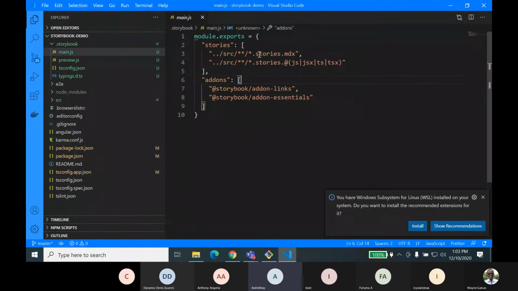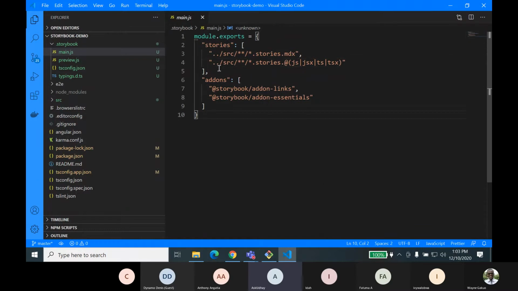All my stories need to be in one of these extensions, like .mdx, JS, JSX, TS or TSX. All these stories need to be present anywhere under the src folder. If you have your stories somewhere outside of your src folder, you can very well have that, but